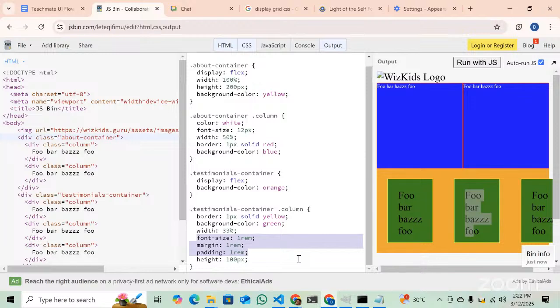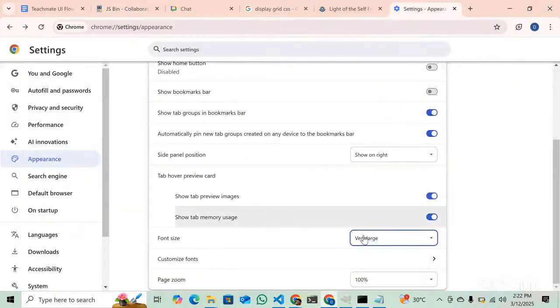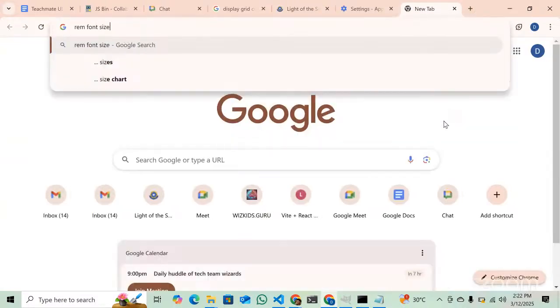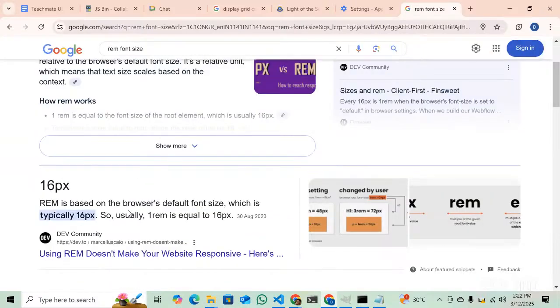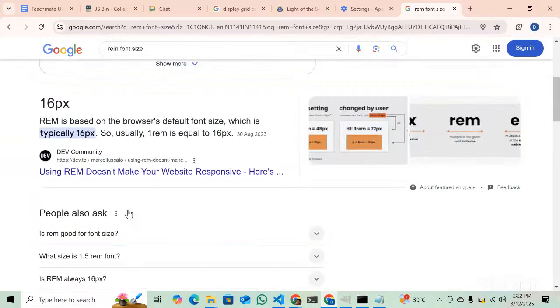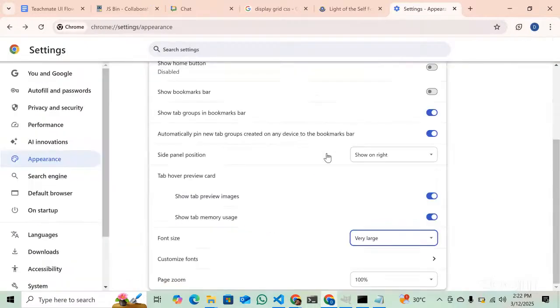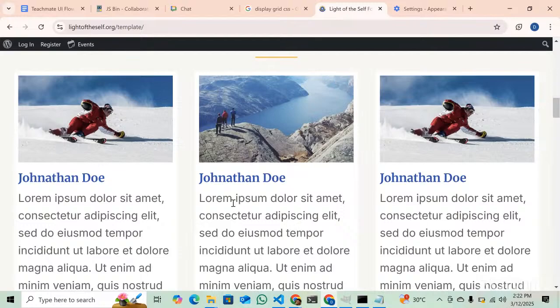Expansion of REM, Dhavalji. Yeah, relative EM. R is called relative. EM is a unit of font size, probably an abbreviation of emulated. Oh, okay. Root EM. It's not relative EM, it's root EM. Relative to the browser's font size. So when we size the text according to the browser font size, then,